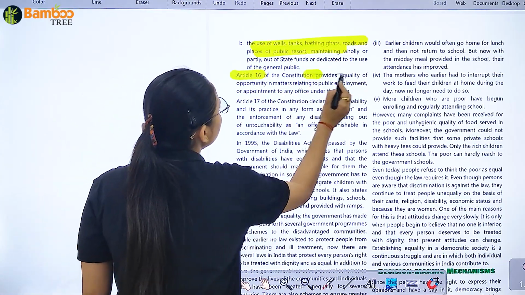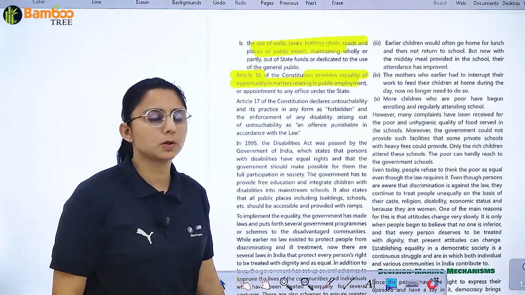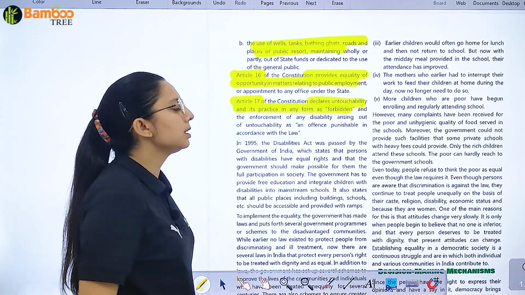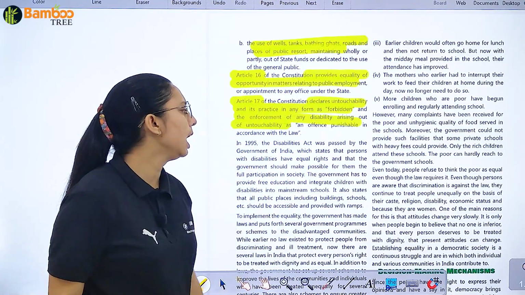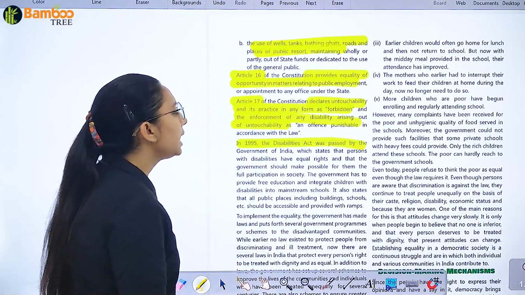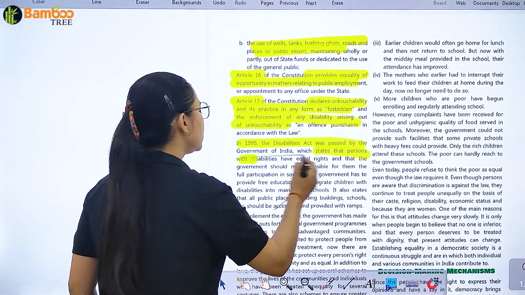Article 16 क्या कहता है? It provides equality of opportunity, चाहे वो public employment हो या appointment to office. Article 17 declares untouchability and its practice in any form forbidden, and the enforcement of any disability arising out of untouchability. In 1995, the Disability Act was passed by the Government of India, जिसमें क्या था, जो states हैं, that persons with